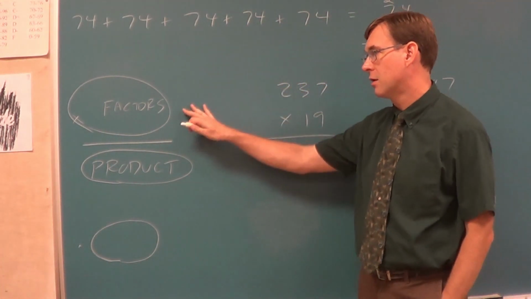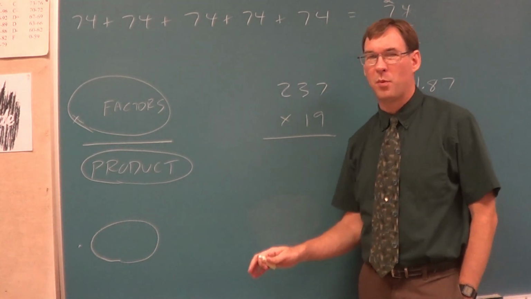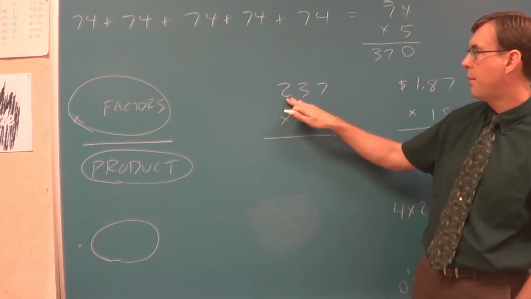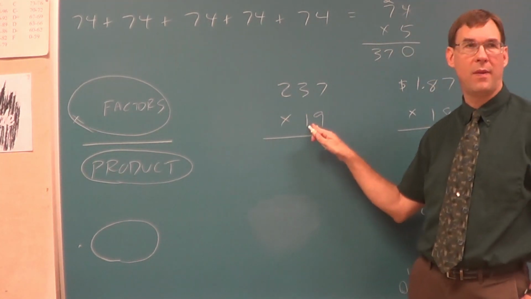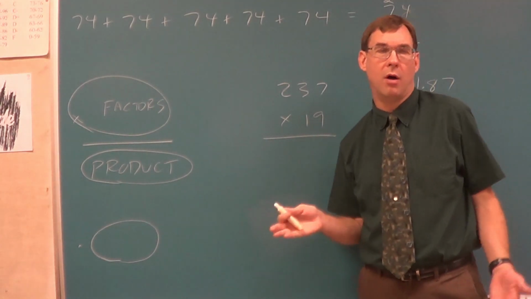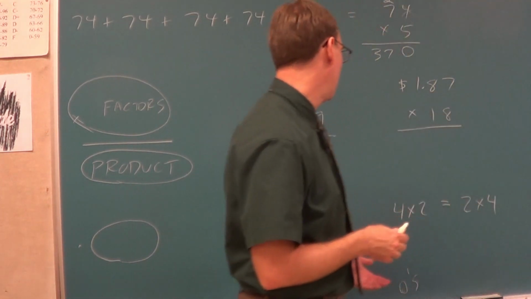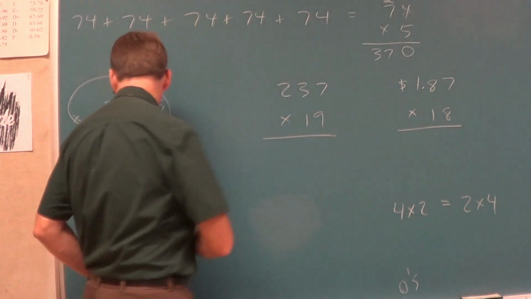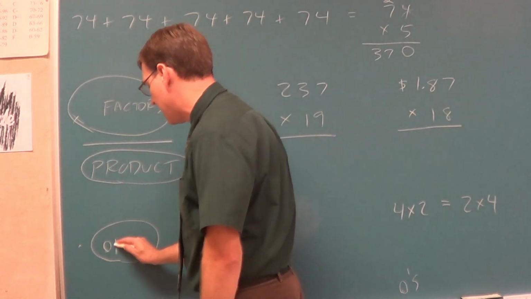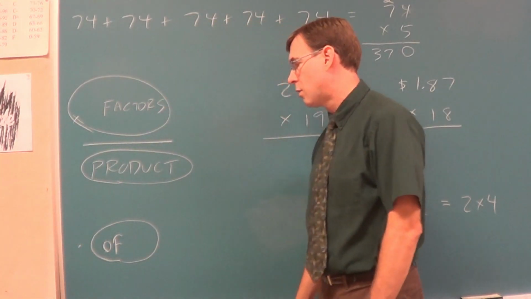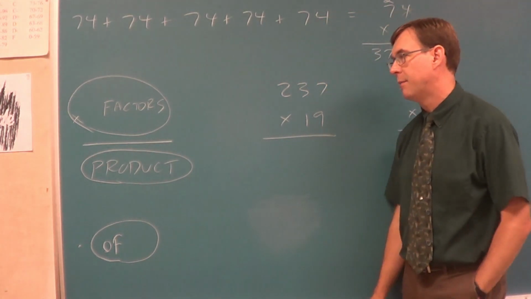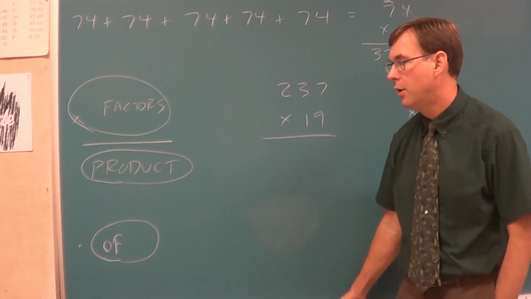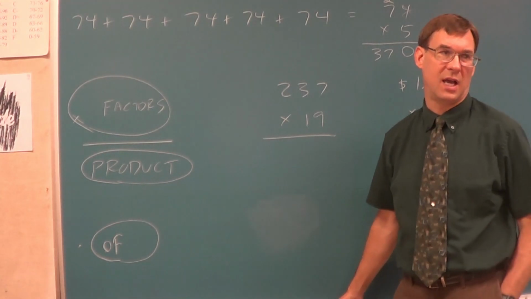They're both called factors. Now, I think more people prefer to do the longer number on top and the shorter number on the bottom. It's not right or wrong, it's just a choice that you would make. The word when you multiply, I'm just going to tell you instead of making you guess, it's the word "of," and that probably doesn't even make sense yet, but it will more when you get into fractions and decimals and